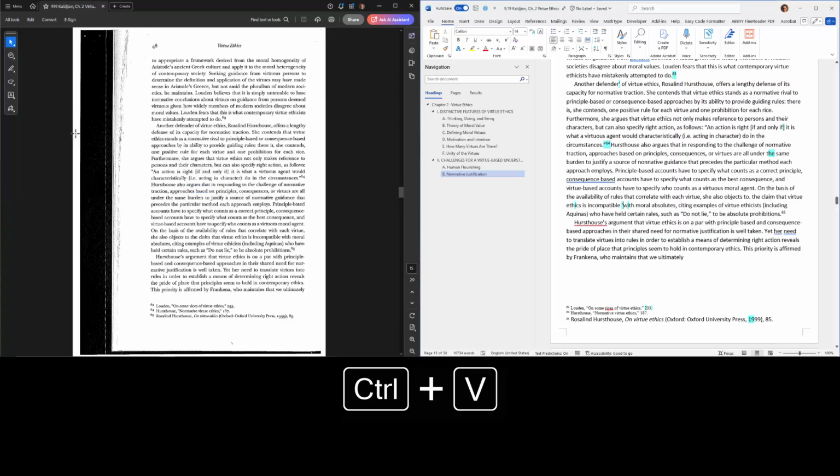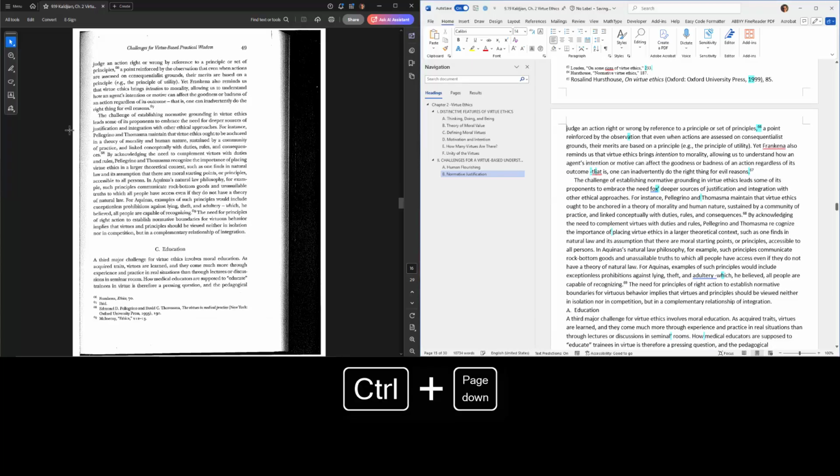Alt-Shift-S. Incompatible. Yeah, this is the right area. And ethics is incompatible. So this is not supposed to have an apostrophe. All right, next page.